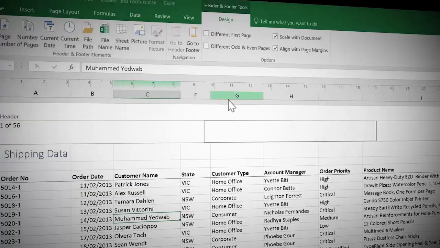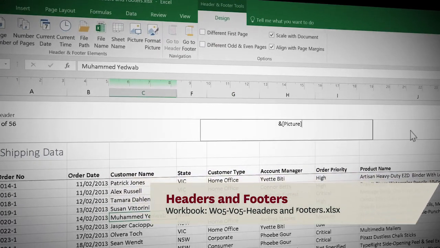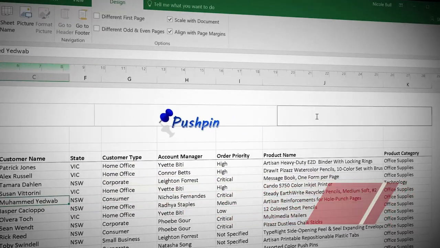Wow. And what about if I want to say annual report 2017 on every single page, or the company name to appear on every single page? Quite right. There, we're going to look at how we can add headers and footers, where we can include that kind of information as well as when it was printed or where the file is stored even. Great. So your key takeaways for this week are the page layout view, the page break view,